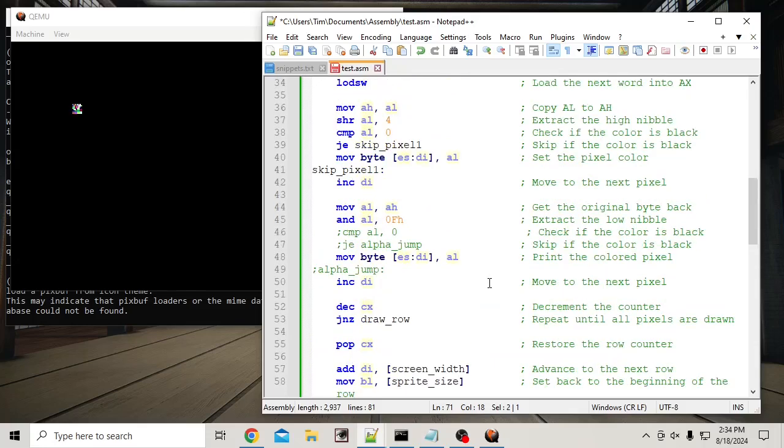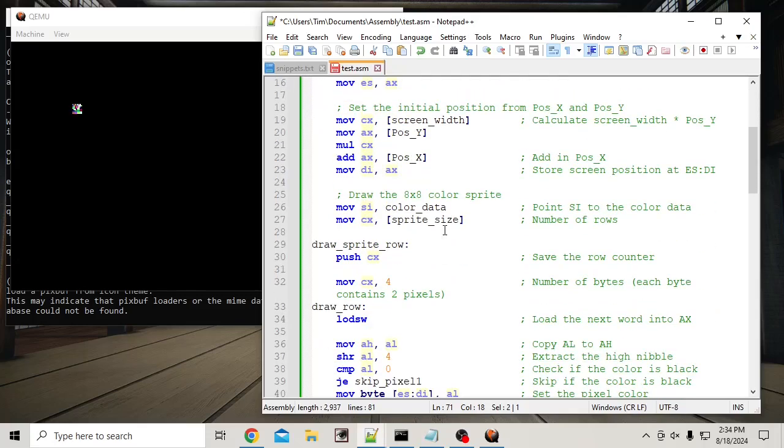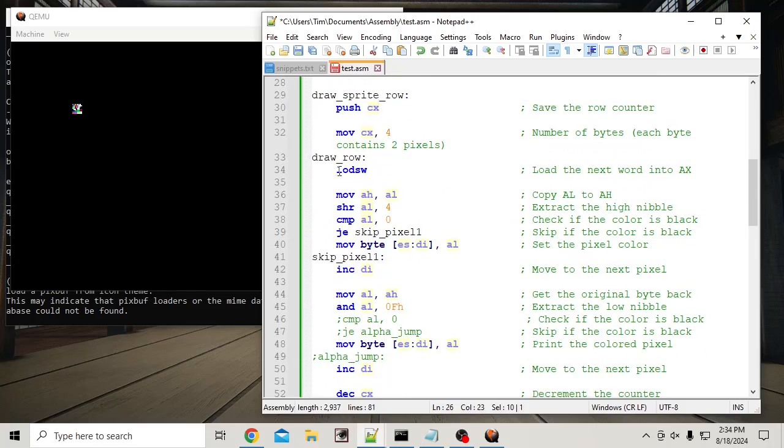Also, let me show you the whole program. For starters, the top, all of that is common stuff down to there. X and Y, draw the color sprite from, set the pointer to the color data array. We know the number of rows is 8. Draw each row, load the value, each one successively. Then here's where we break it up,